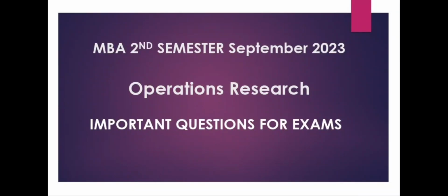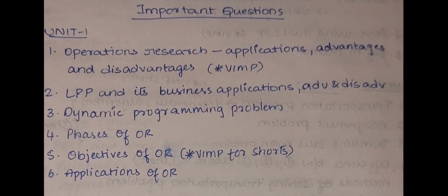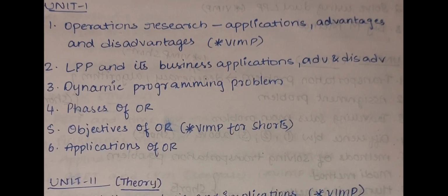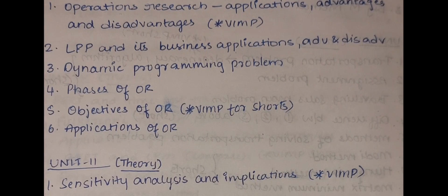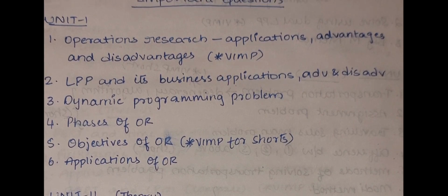Here is our next topic on operations research, which is an MBA second semester third examination. Let's quickly run through the important questions for the exams. When it comes to the first chapter, which is mostly theory, important questions are operations research application, advantages, disadvantages, linear programming problem (LPP) and its business applications, advantages, disadvantages, dynamic programming problem, phases of operations research, objectives of operations research, and applications of operations research. Basically, from this set, operations research advantages, disadvantages, objectives, and applications are the most important questions